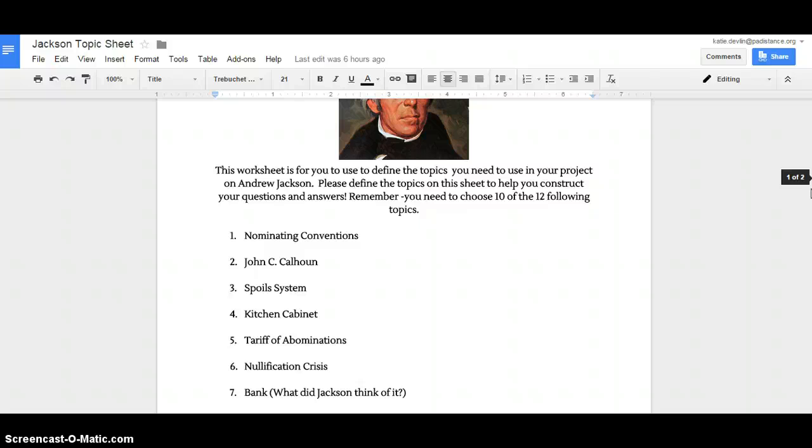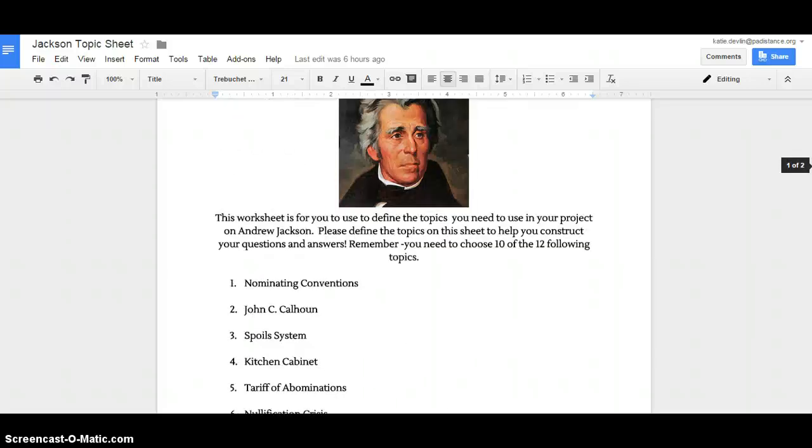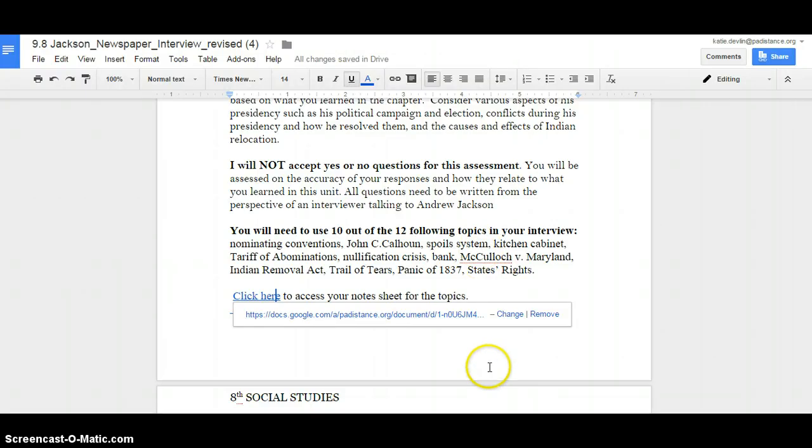And this note sheet is actually submittable for bonus points today. So if you complete this worksheet today and submit it to me, I will give you 12 bonus points. So this is an optional assignment here. So if you really want to start the quarter off well, do the worksheet. So again, this is a worksheet for you to research the 10 topics that you're going to write about in your questions. Now, going back to the main assignment.